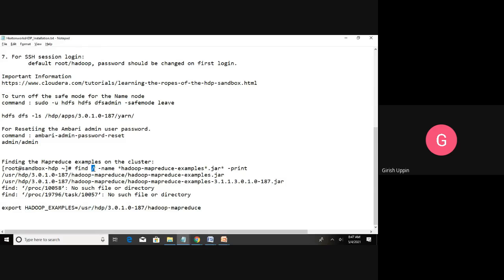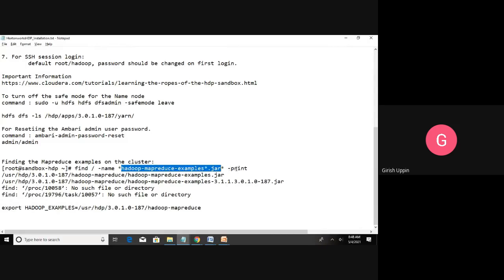So from the root directory, it will search the complete file system, and -name. So what search key you want to provide, you will give it here. So this is the search key. Maybe you will say *conf*. So it will get all the files and folders where there is a name called conf. There could be some characters after conf or before or on both sides. It will search all those things, and then you will say -print.